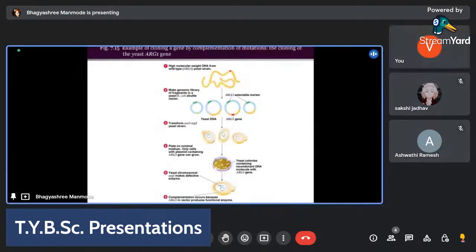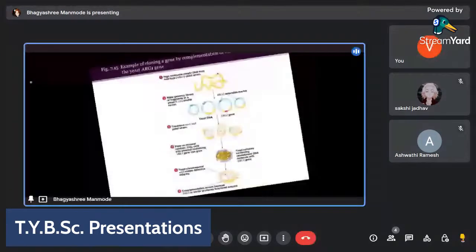Cis means the same chromosome, carried on the same chromosome. So the same chromosome carries